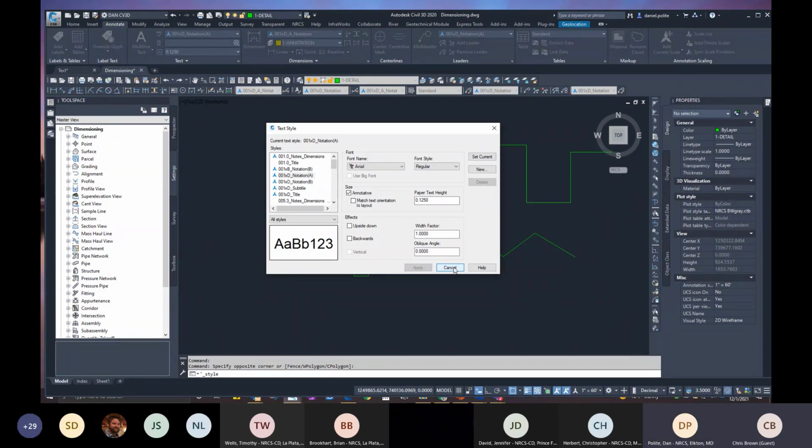And they can be annotative in your text styles, in blocks, hatching, attribute definitions, all your dimensionings, and of course your multi-leaders that we just went through. So just to kind of give you an idea of what annotative text is,